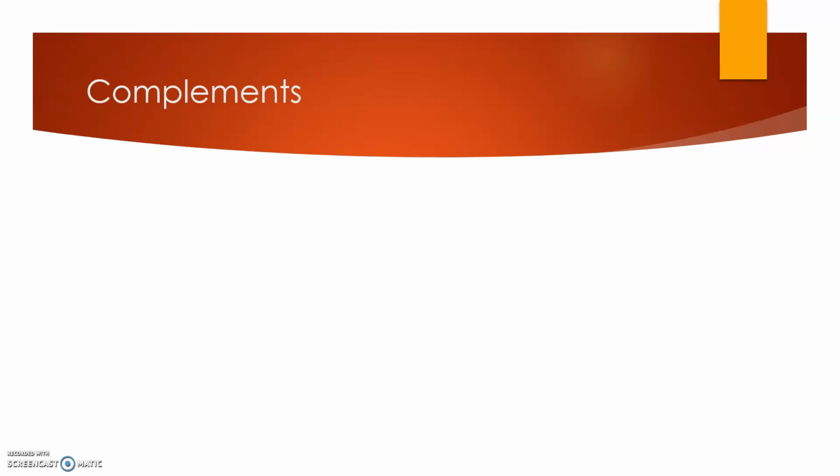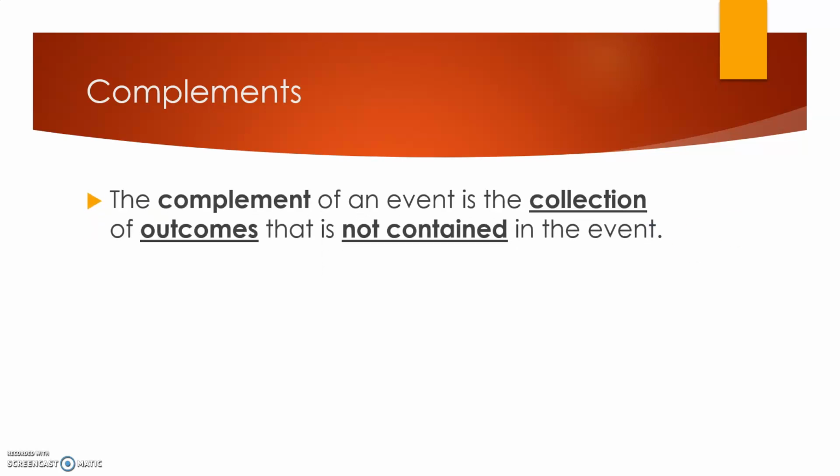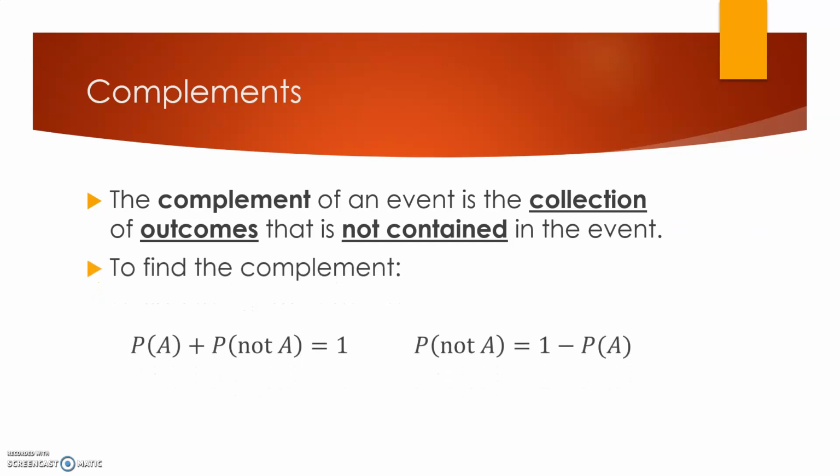So complements. This is not like when you tell your friend that you like their shirt. This is saying that the complement of an event is the collection of outcomes that is not contained in the event. So to find the complement, we're saying the probability of something happening and the probability of that thing not happening is equal to 1. Because let's say it's heads. So the probability of flipping heads